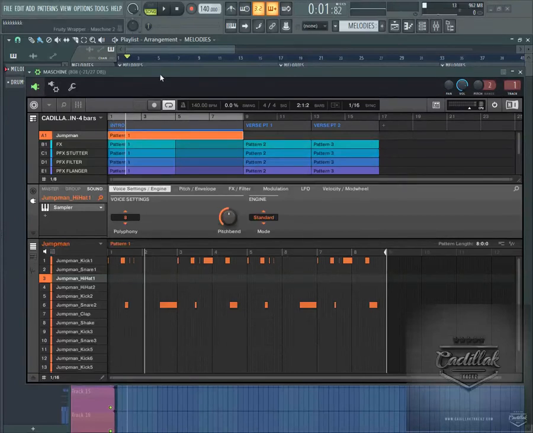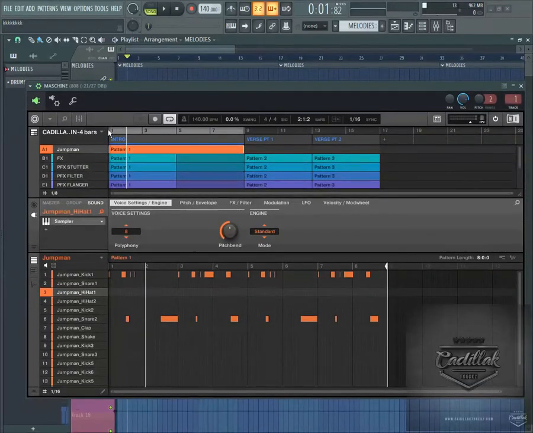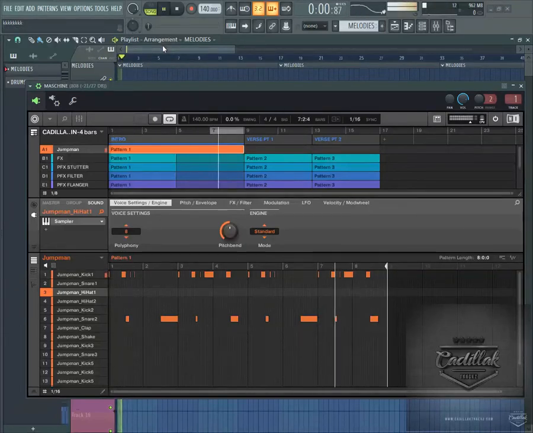You can also go up here if you have it in arrangement mode right here. You can go in here with your mouse, and if you enable loop mode right here, you'll click on loop mode. It'll show you where it's looping by turning white, and you can click on the beginning right here and set the loop mode to where you need it to be. So if I wanted it to be just on that last bar, I just drag the mouse to the last bar. Now when I push play, you can see,